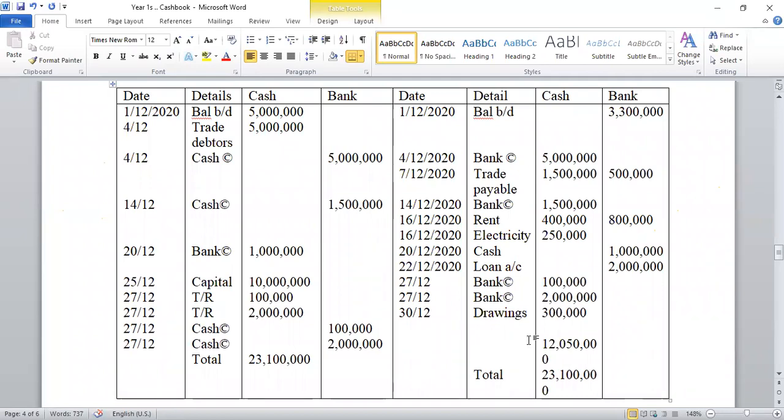So this is what we call the balance carried down, or sometimes it's called the closing balance. So that's my cash balance. I've balanced off the cash book, the cash column. If there are any questions, please ask them now, because I'm going to now talk about balancing off the bank. It's the same logic, the same way also. Please chat the questions for purposes of being organized.